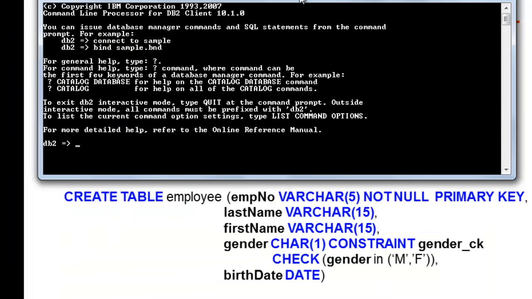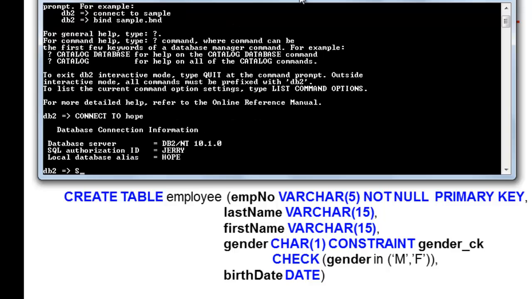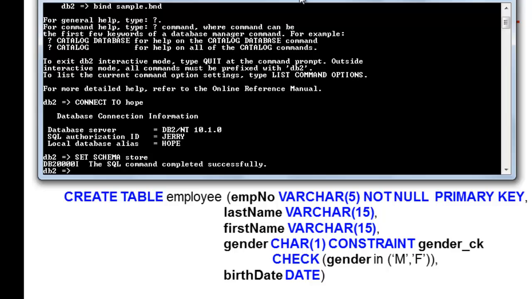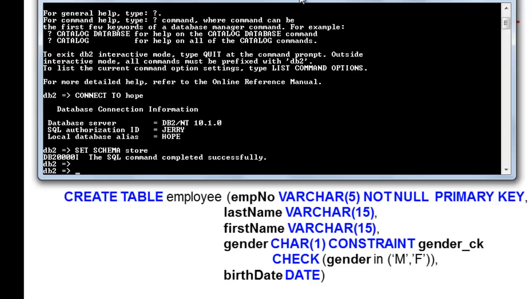We connect first to our database, set the schema that we have used before, and now create the table.